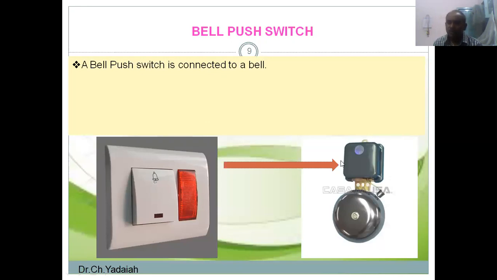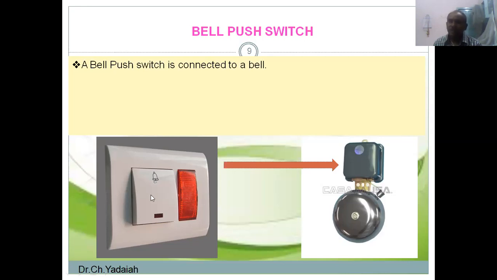These bell loads are operated in such a way that they can operate only for a few seconds. That means if supply is given continuously to this type of device, these devices may be burned, because the design itself allows operation for only a few seconds or one or two minutes. If continuous supply is given to this one with a heavy load, it may burn out. That's why these switches are designed as a push type.